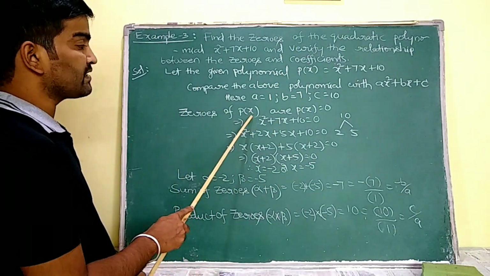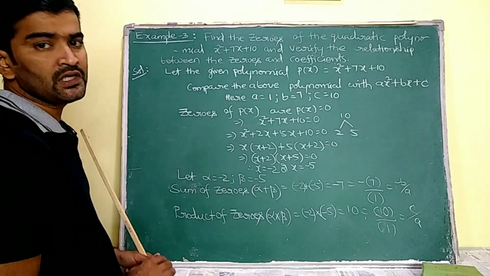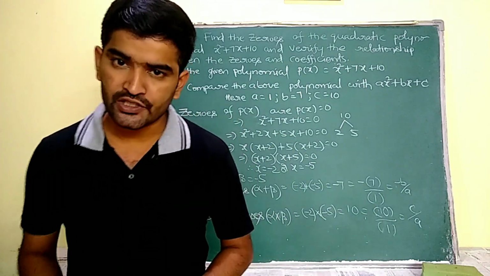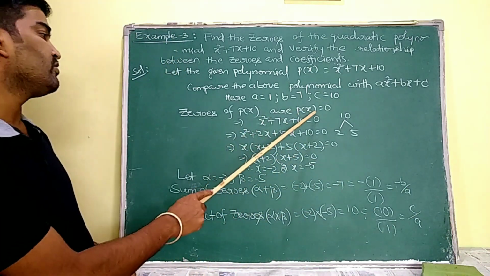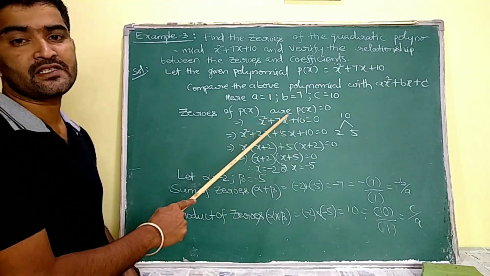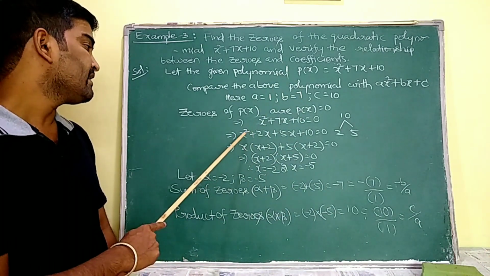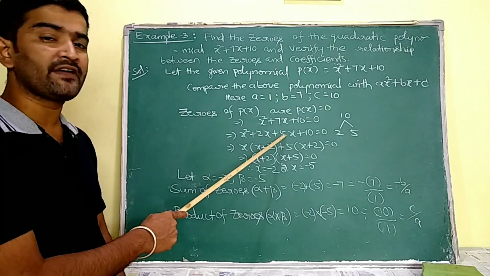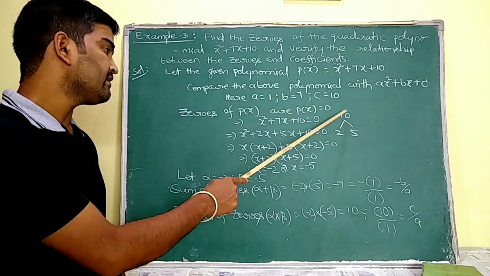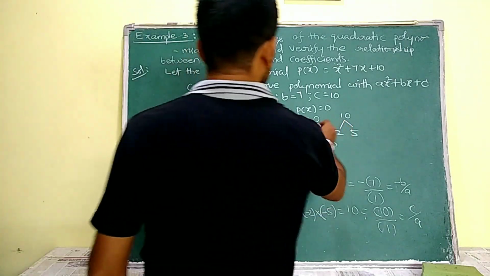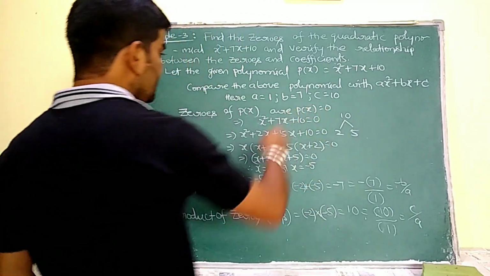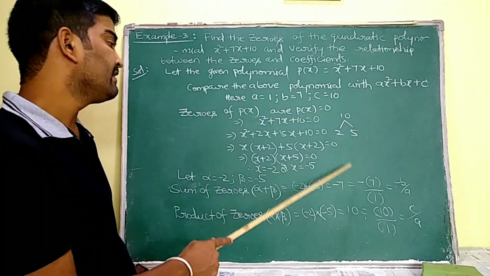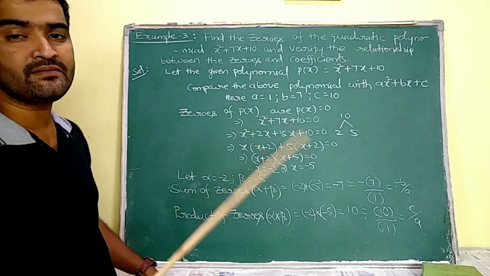So now I have to calculate the zeros of the given quadratic polynomial. Zeros of p of x: we know p of x is equal to 0. To calculate zeros of any polynomial, we must equate the polynomial to 0. That is why p of x is equal to 0, that is x square plus 7x plus 10 is equal to 0. By that, the 7x is going to be split as 2x plus 5x. Now that splitting is explained here: 10 into 1 is 10, and 10 can be expressed as the product of two numbers 2 and 5, and the sum of 2 and 5 gives the middle term 7x.